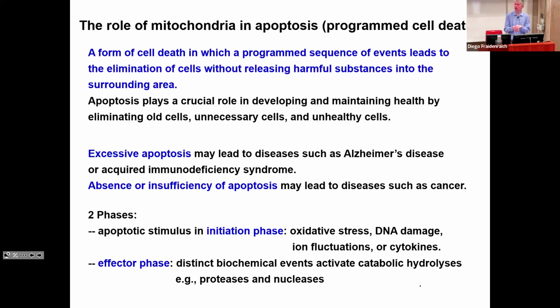If the damage is extensive, for example high radiation, then cells would commit to programmed cell death. Another part would be oxidative stress, which could either come from outside with agents